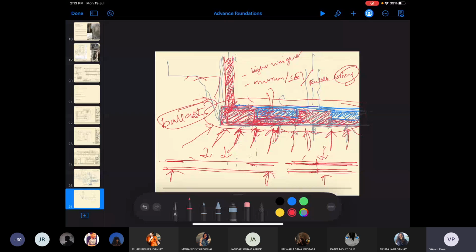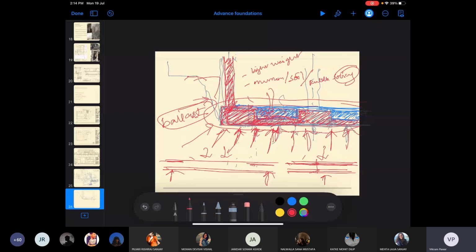Imagine a scenario where I try to push an empty mug into a bucket of water. What is going to happen? That mug is going to be thrown up. When you are designing a basement, you have to treat the soil as fluid, and you have to treat the basement as that empty container. And then imagine what are the forces that empty container is going to have, and whether the weight of the basement or the structural system that you are doing is good enough to anchor it firmly on the ground.